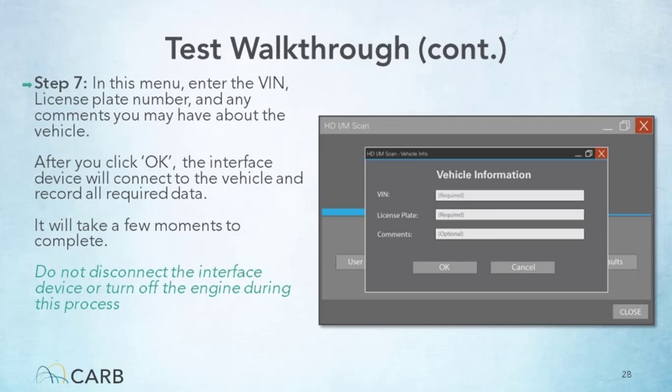From this menu, enter the vehicle identification number and license plate number in the corresponding fields. This is required information to successfully complete the test. You may also enter additional information that may be relevant in the comments section. Next,